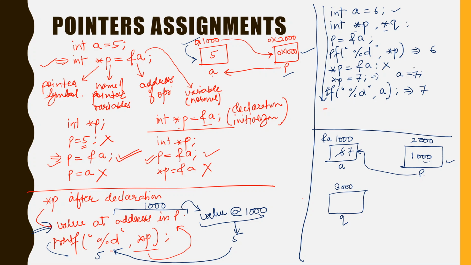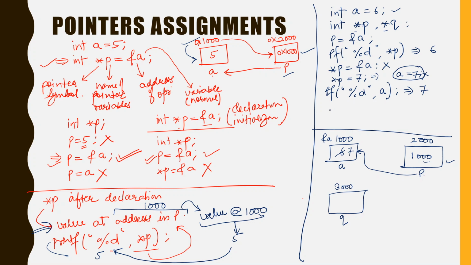This I would have done to change the value of A, to override the value of A. But instead of doing this, I have used the pointer variable to access the memory location and change it without accessing the name of the actual variable, like this. So printing the value of A will now give you 7.